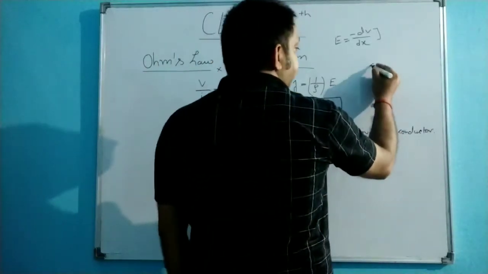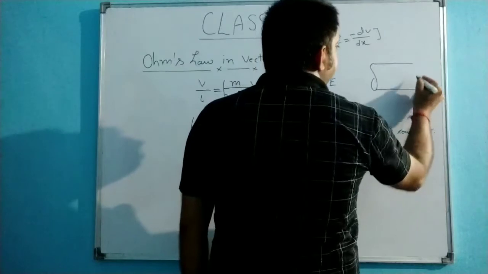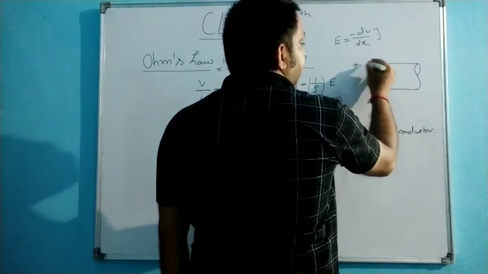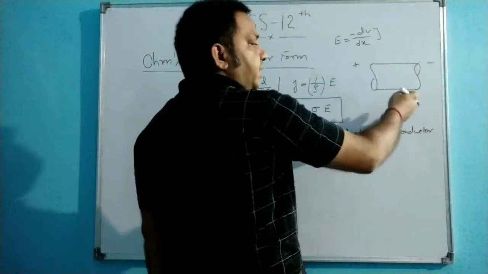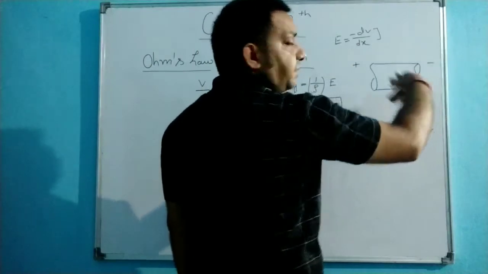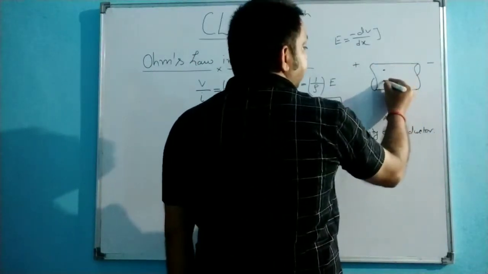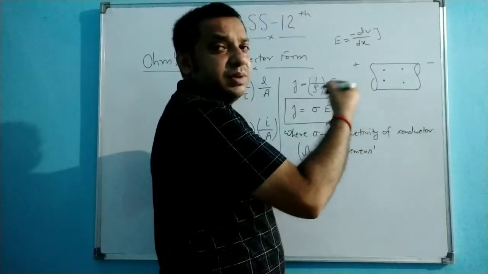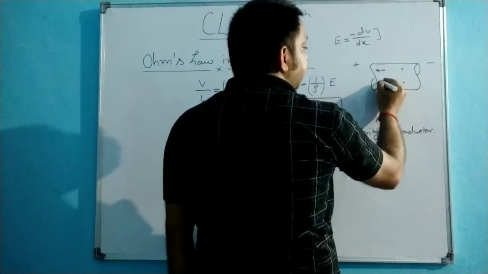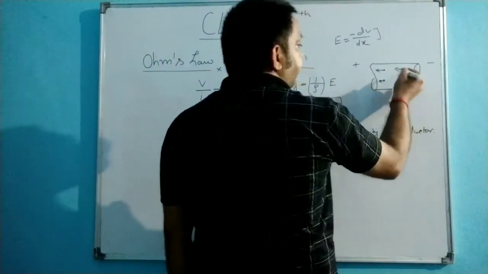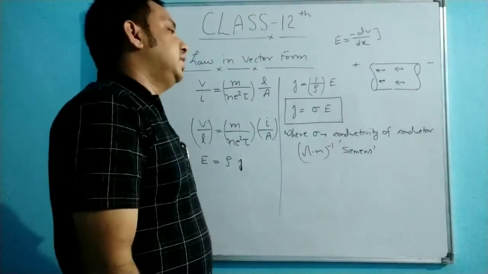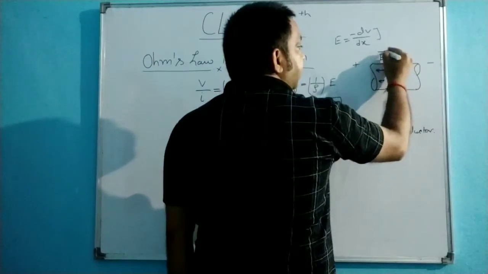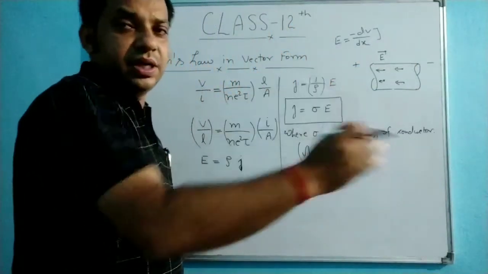So you know that if we apply a potential difference across a conductor, and suppose this end is connected with the positive terminal of the plate and this end is connected with the negative terminal, and if there is a free electron here, in which direction will it move? Certainly it will move toward the positive end, so in this direction the electron will move. And because this is the positive end and this is the negative end, the electric field direction is from positive to negative, in this direction.